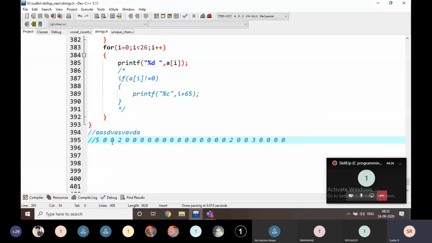This is the output, right? This is the output. And how am I going to find the first character? Here, A is A, and A is for 5 times, right? A is for 5 times, and I am going to find the A value here. Is the A value there or not?